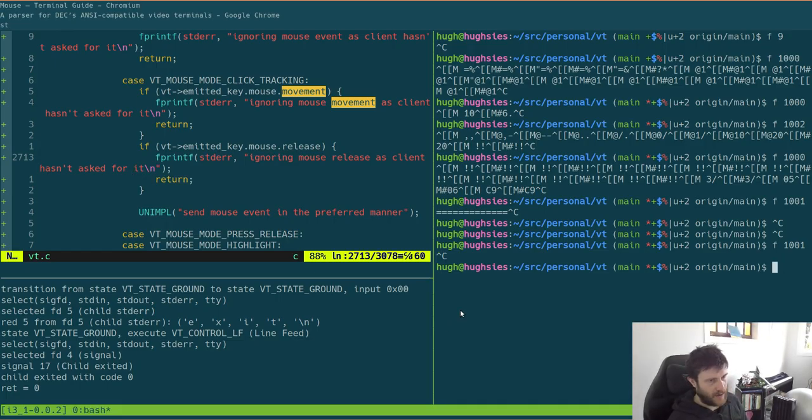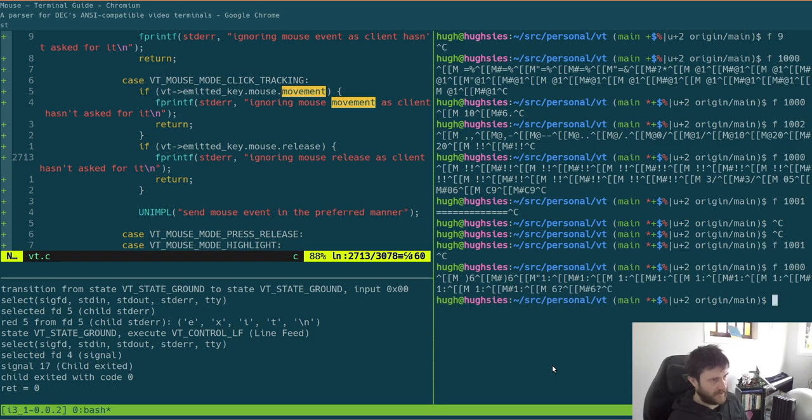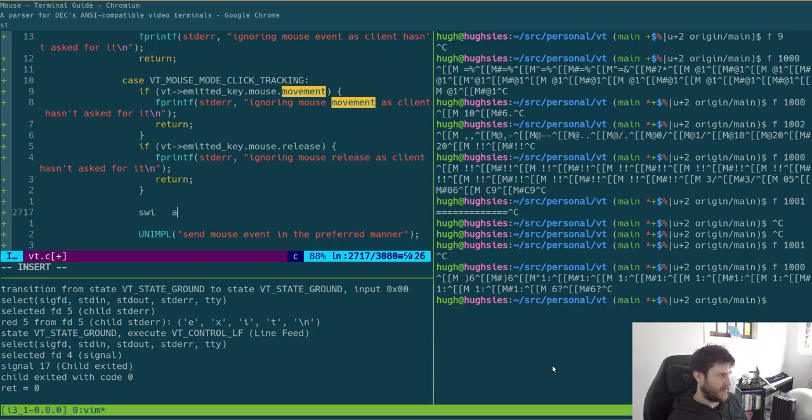Now, is that the case that, so in 101, we just have the click tracking? No, it's 100, just the click tracking. And we have a press and a release. Click, press, release, press, release. And you can see the difference between a press and a release is just the kind of space or a hash. So we have escape, open, M, then either a space or a hash, then 1. That's in the default thing. So what we can do is